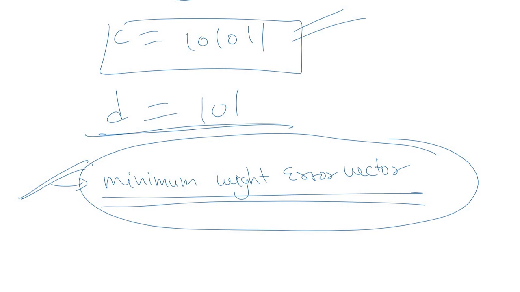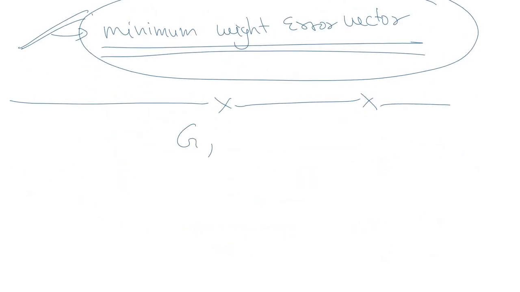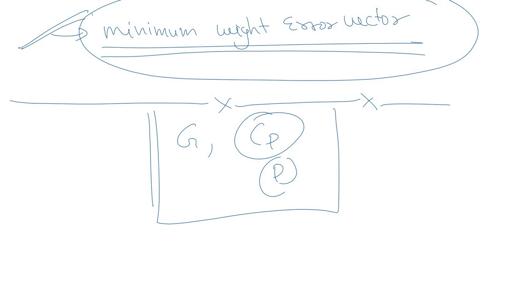Okay, so that is all for this video lecture. In the coming lecture, we'll discuss how to construct the Hamming codes which are used to generate the coefficients of the generator matrix or the parity check matrix. So far we have been using the generator matrix G and the parity check matrix H directly, right? So in the next video lecture we'll study how to construct the generator matrix or the parity check matrix.